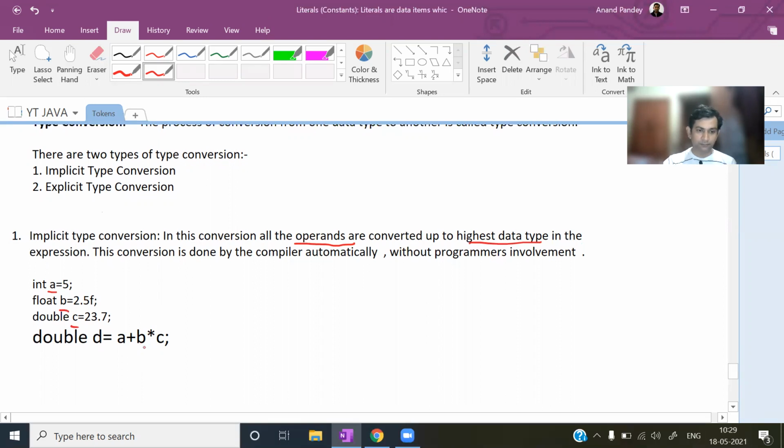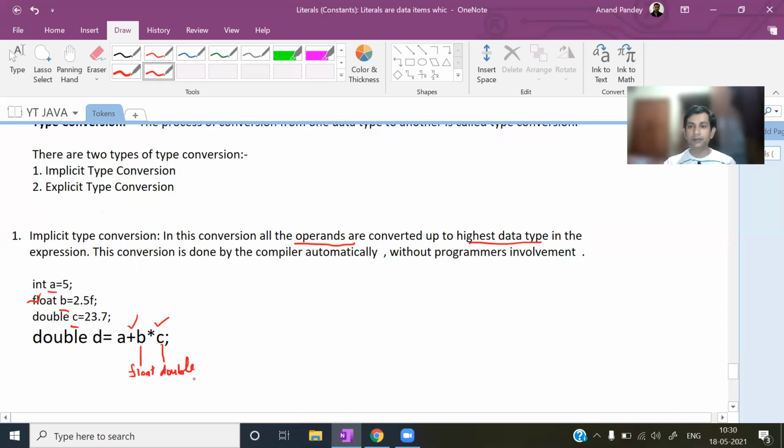Now listen. As you know, multiplication has higher precedence than plus. So first of all, B into C, this multiplication, will take place. Here in this multiplication, the variable B is of float type, and the variable C is of double type. Out of float and double, which one is greater?